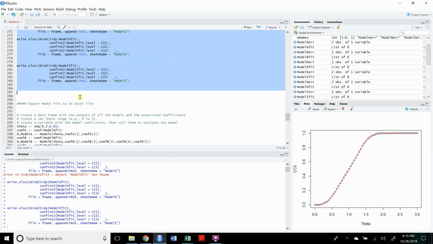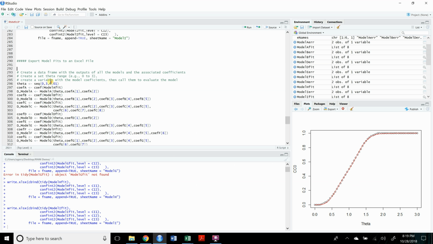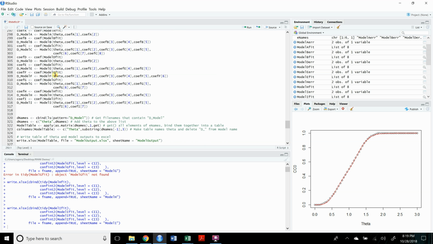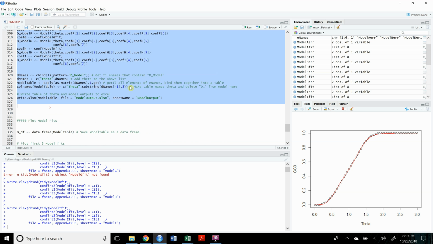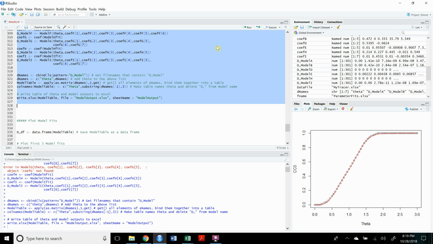The next one will output the individual model fits that we have here. Again, these red lines that we've seen in each of the plots. So this section of code will solve for the value for thetas of 0 to 3 with steps of 0.1. So if I go ahead and run this section of the code right here, it will create for me a